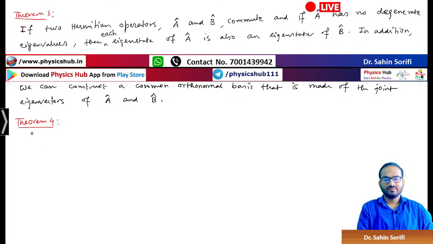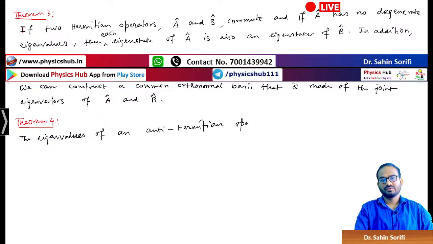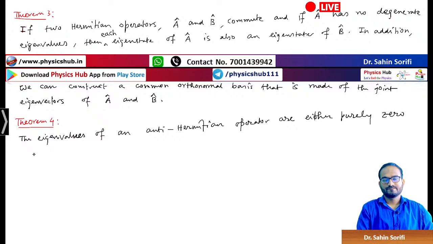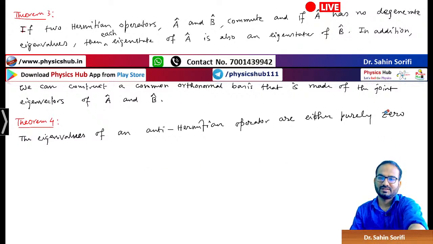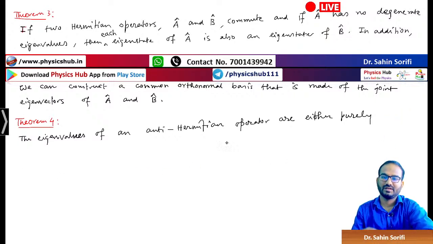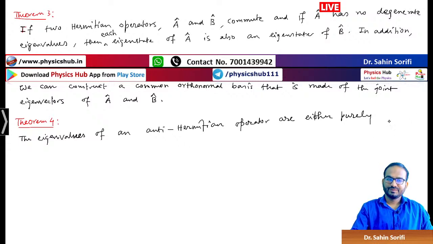Theorem 4. We said that the eigenvalues of Hermitian operators are real. What about anti-Hermitian operators? The eigenvalues of an anti-Hermitian operator are either purely imaginary, not real. Purely real is for Hermitian, no? Anti-Hermitian are either purely imaginary